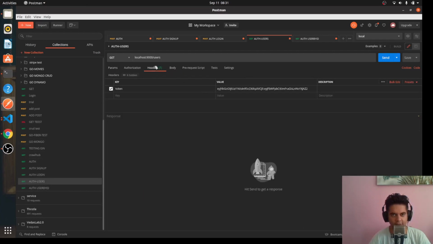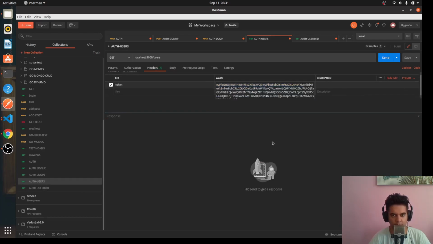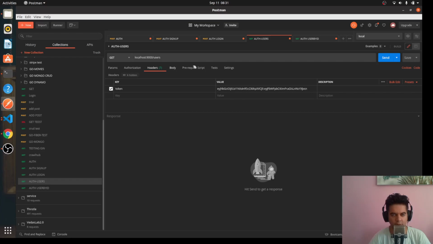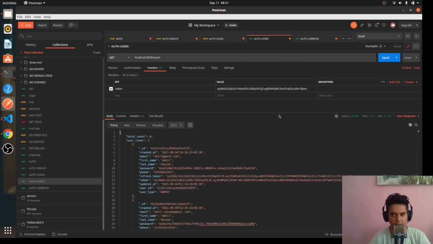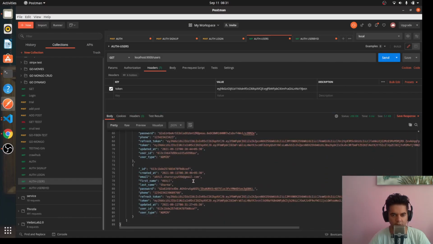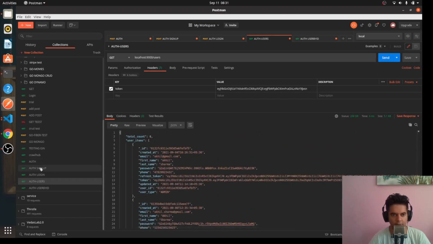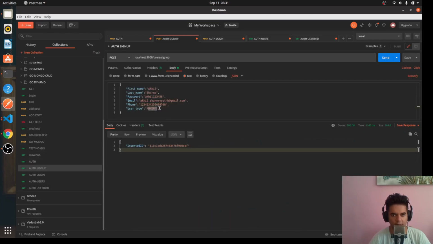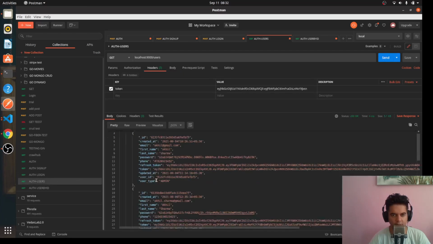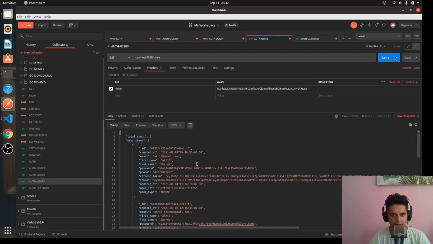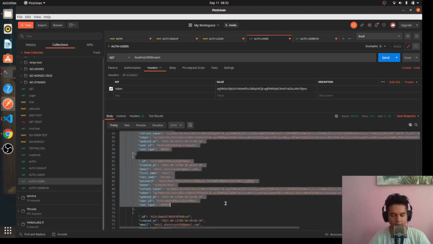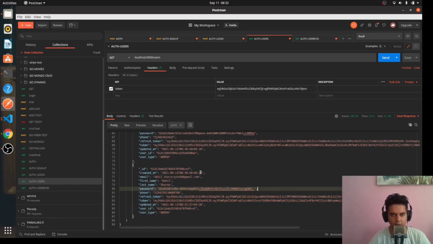So auth, now we have to change our token here in our /users route, and let's send it. So we're getting the list of all the users, because when I signed up, I was an admin. So just after I've signed up as an admin, I can get the count of the total users, and I can get all of the users. And now we can work on getting just one user by ID. So if I just select this ID here,